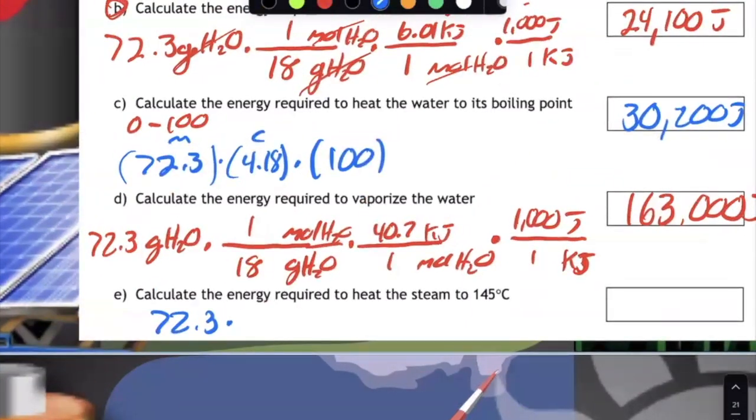Okay, and so that was times 2.02 times my delta T, final minus initial, 145 minus 100 is 45. And if I do that, my answer is going to be 6,570, which means total energy